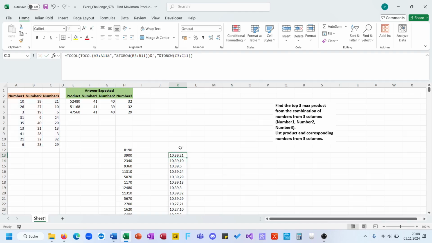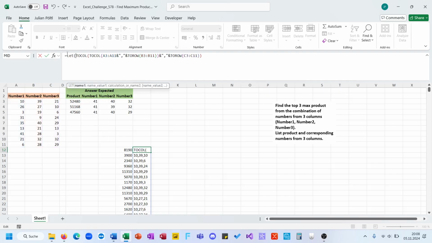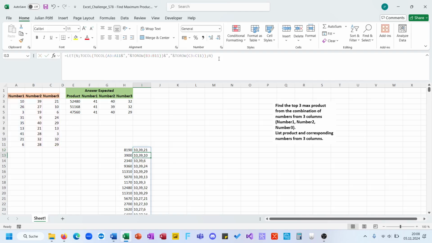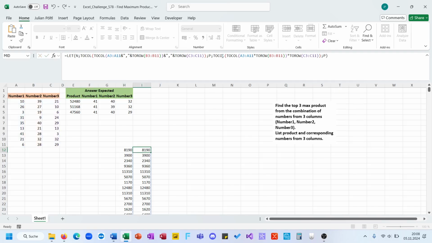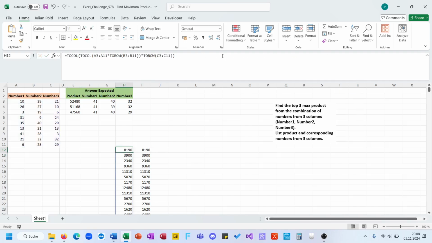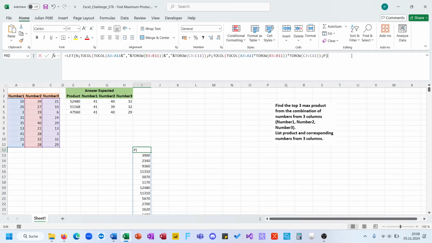Close all this stuff, then we bring it here. We put everything in a single LET function, so let n for numbers and s for sum or product, p for product, and then we can